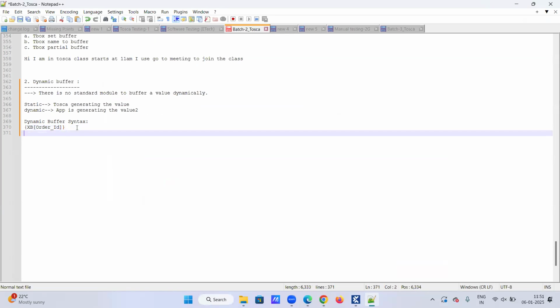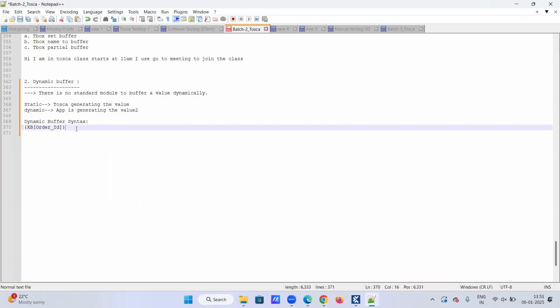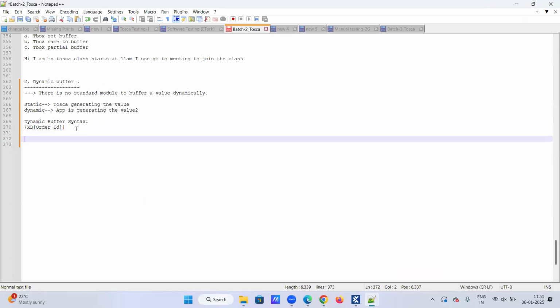In an interview, if they ask you what is the difference between static buffer and dynamic buffer, then you should say this. I will write it down here. Please note it down after this session. Don't be confused, guys. A number of people get confused. What is static and dynamic? Static means